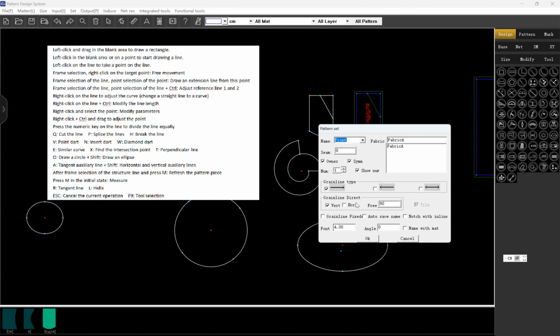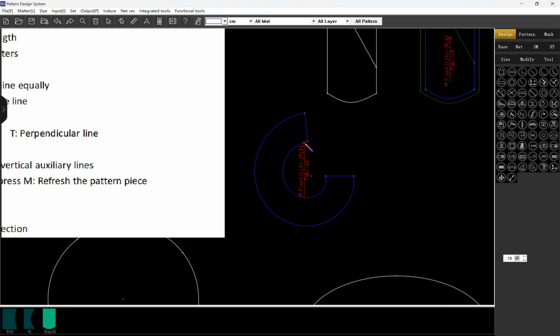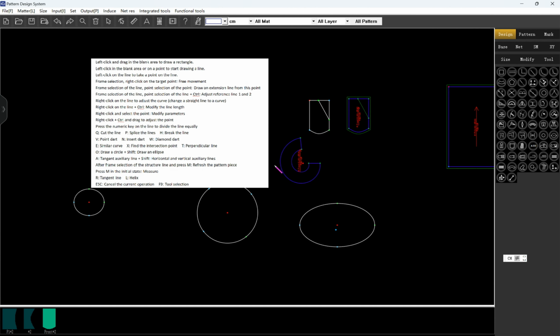Here is the pattern setting, because we clicked the automatic pattern making. Now here is the pattern setting. We can set it here. When you finish, click OK. Now the pattern is made. You can try it and explore